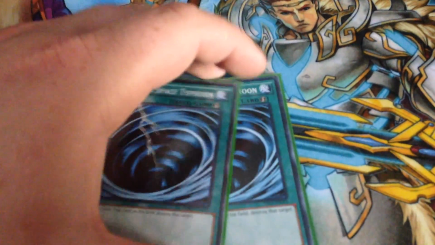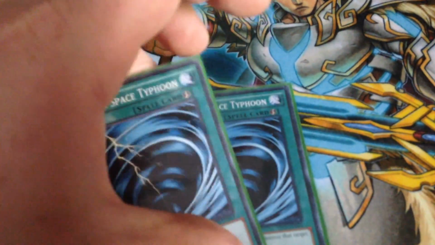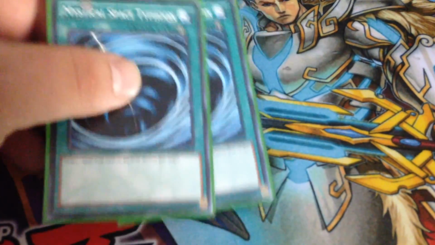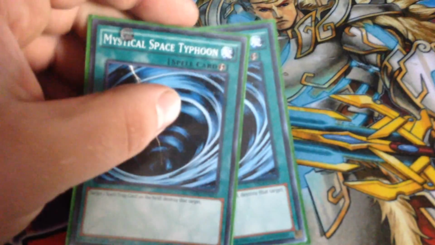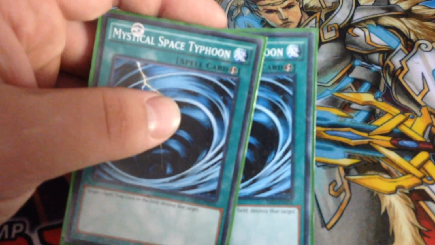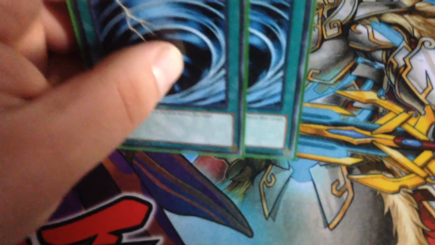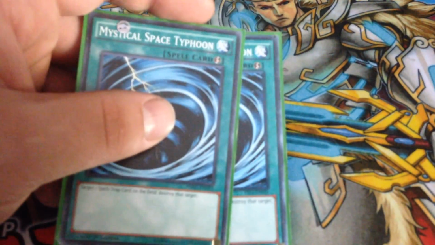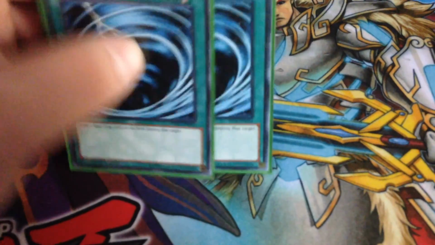These next two cards, which I've got as Mystical Space Typhoons, these should be Twin Twisters. I don't have any right now, and these were just run in place of the Twin Twisters, but the Twin Twisters were just so much better. Plus you had cards in your deck like your extra Brilliant Fusions after you use the first one to ditch for Twin Twisters, as well as your second Instant Fusion after you use your first one, and then on top of that you got your extra Satellarknight